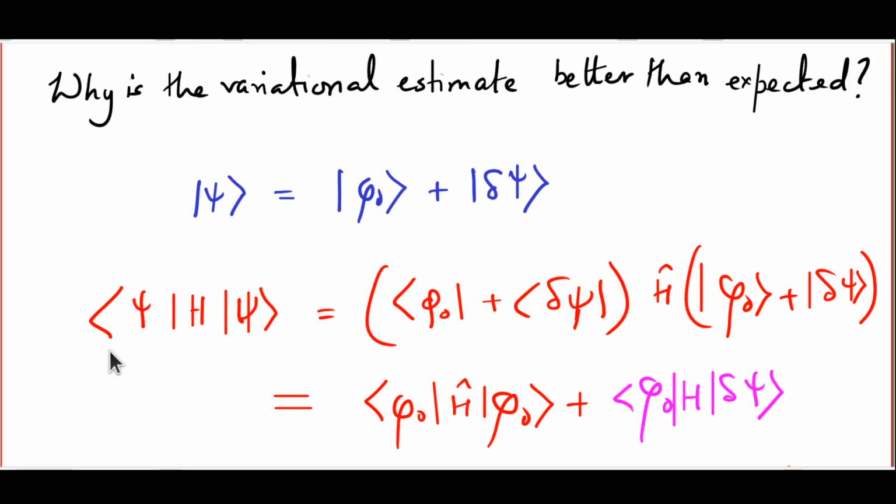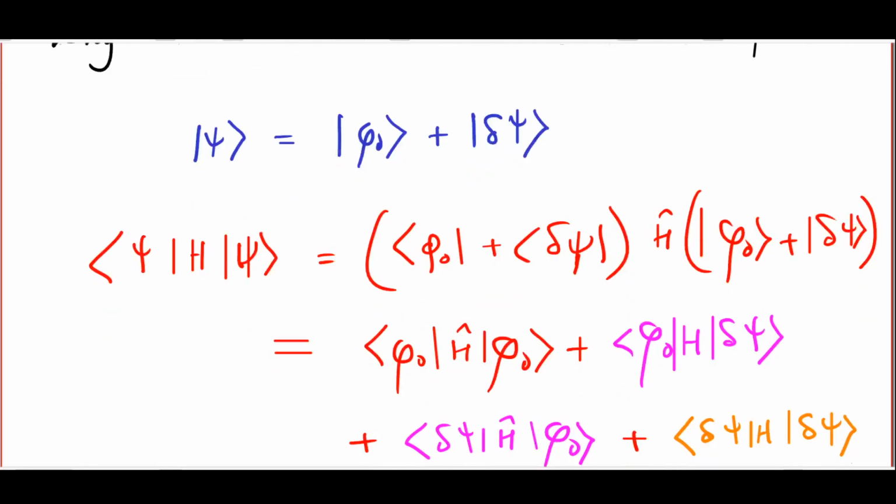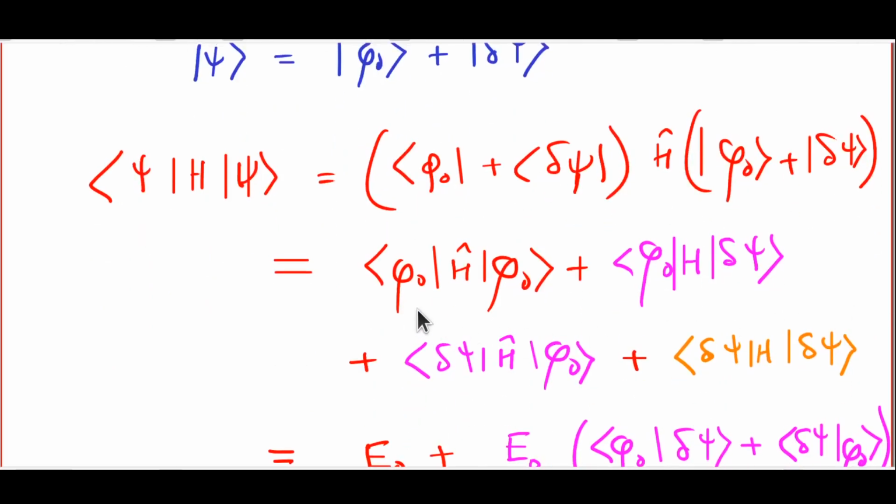Anyway, if you were to calculate the expectation value of H in psi, you will get bra phi 0 plus bra delta psi, sandwiching H, and phi 0 plus delta psi on the other side. So this breaks up into four pieces. As you can easily see, the first piece does not have any delta psi in it. Then you have two terms which have a single factor of delta psi and a final term which has two factors of delta psi. Using the fact that the Hamiltonian acting on phi 0 is E0 phi 0, phi 0 being an eigenket,